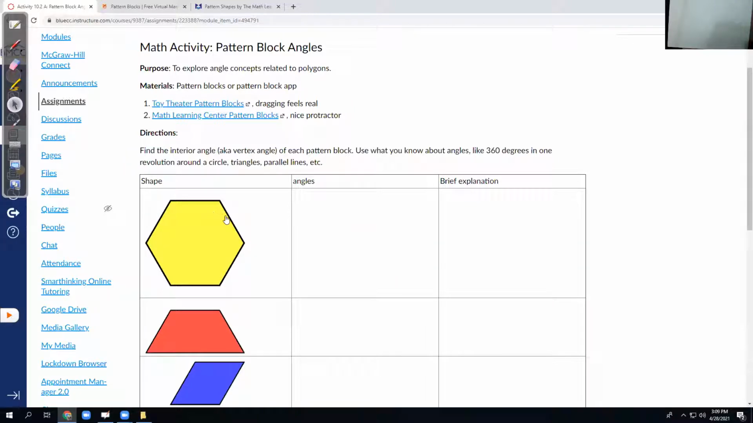So what is that measure right there? What is, on this trapezoid, that measure right there? And the way we're going to do that is just use the idea of 360 degrees as one revolution. So first I'm going to do it with some real toys, and then I'll show it with those virtual toys. So with the real toys,